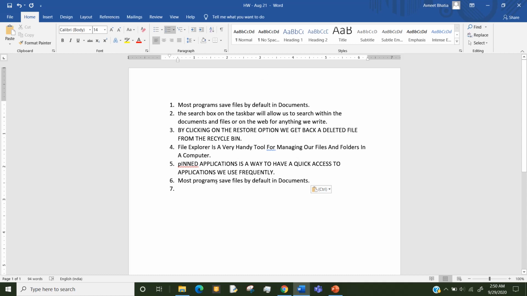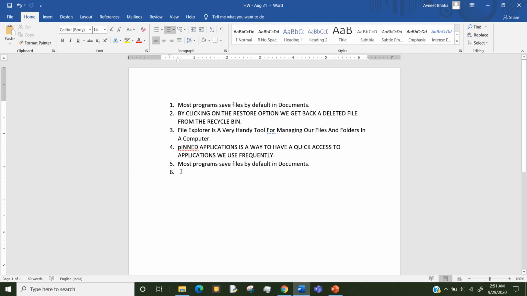Now the second question is move the second sentence as the last point. So I'm selecting the second sentence. Click on cut. Click at the last point and paste. Okay. And last, delete this seventh point. So this is your second question. Move the second point as the last point. The output of your file should be like this.